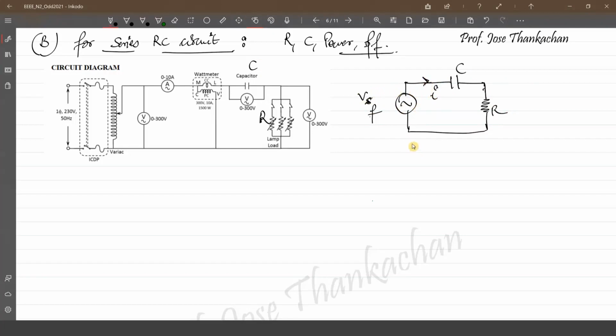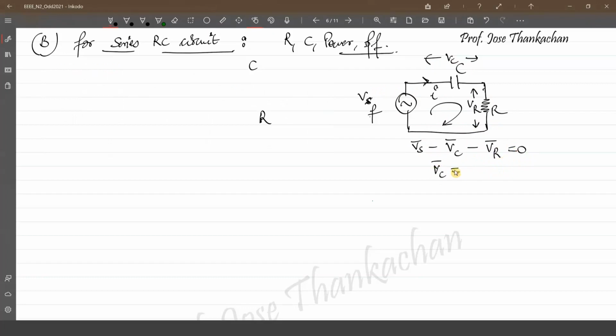So similarly here also we can write down KVL because this is a closed path. So Vs minus the voltage across the capacitance. Voltage across capacitance is Vc. Vc is the voltage across this. Then voltage across the resistance, I am calling this voltage as Vr, minus Vr should be equal to 0. What is Vc? First I'll write down what is